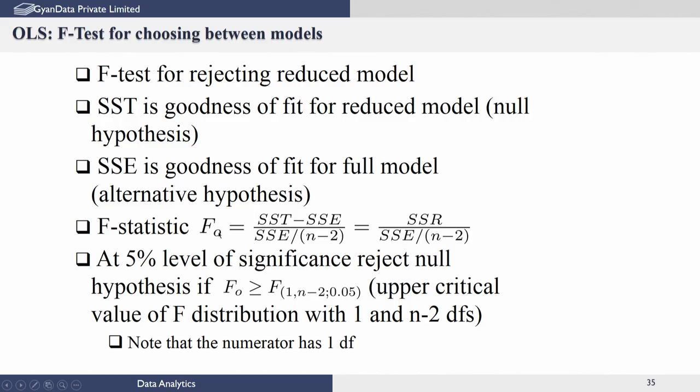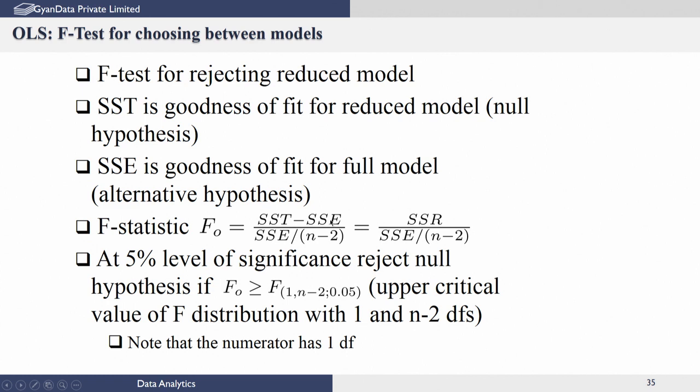As I said, the F statistic for doing this hypothesis test is to compute the difference in the goodness of fit for the reduced model, which is always higher, minus the goodness of fit SSE for the alternative hypothesis. So, this represents the sum squared errors for the reduced order model fit, and SSE represents the goodness of fit for the alternative hypothesis fit. This difference, if it is large enough, then we can say maybe